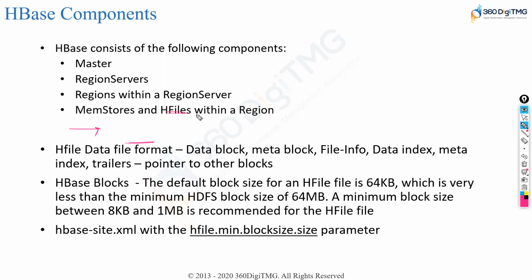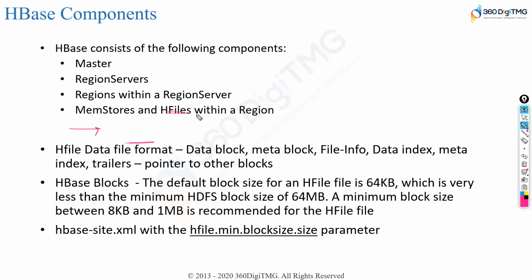It might have file info. It might have index, right? So these are all the different things that we might have in H file. Basically, this is a file that is used in HBase, right? And HBase, remember, is working on HDFS. So partitioning is something HBase should support, right? And by default, HBase comes with a block size of 64 KB, right? This is the minimum block size. Not minimum, default, sorry.